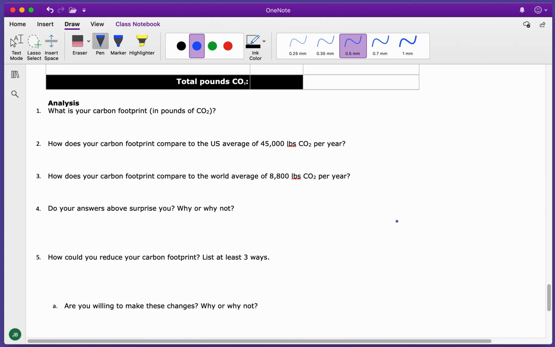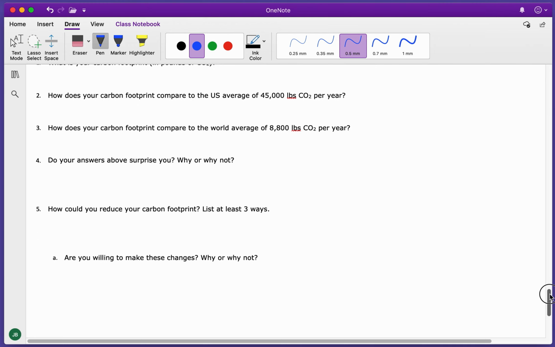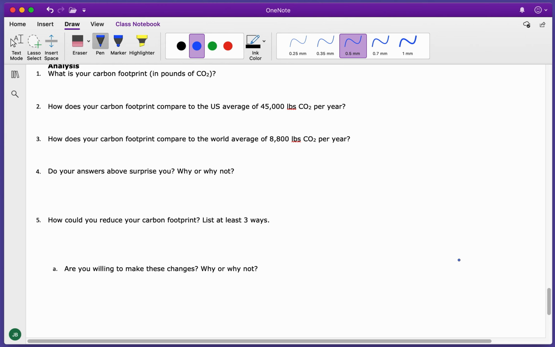Then you need to go ahead and do this analysis. And it's just kind of a reflection of your numbers as compared to what's used in the US and the average for the world. And then this needs to be submitted to Moodle by